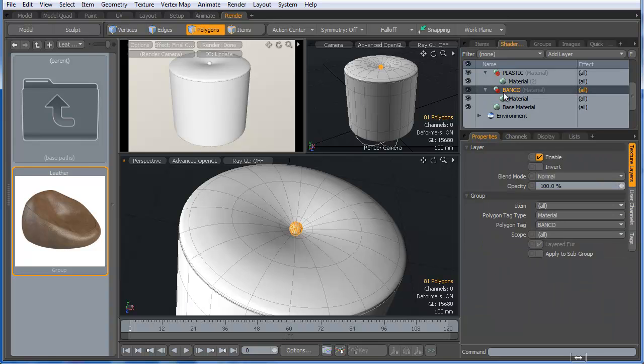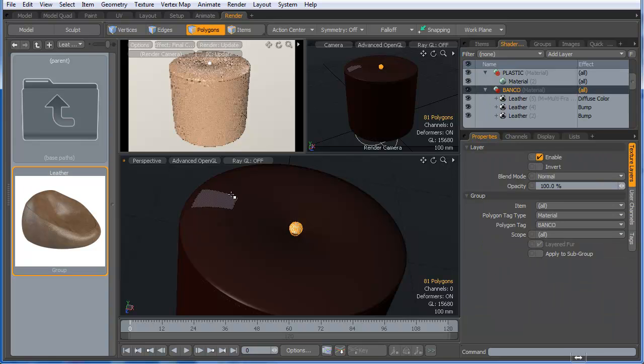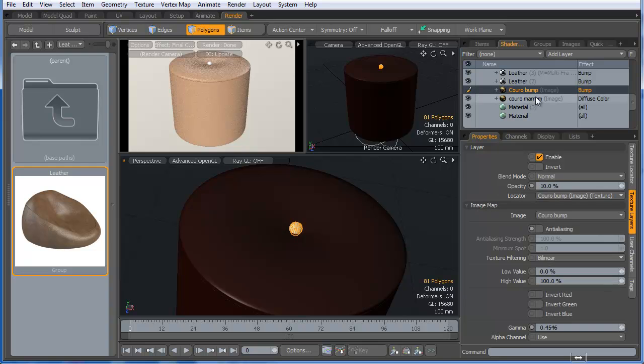Banco, I'll click on Banco and double click that leather, and I need to put this bump up here, and this little guy here,